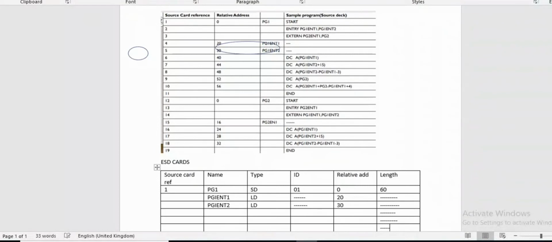So PGIENT1 having source card reference 2 and again PGIENT2 having source card number 2. All of you getting these 3 lines? After that we are moving towards the next line.